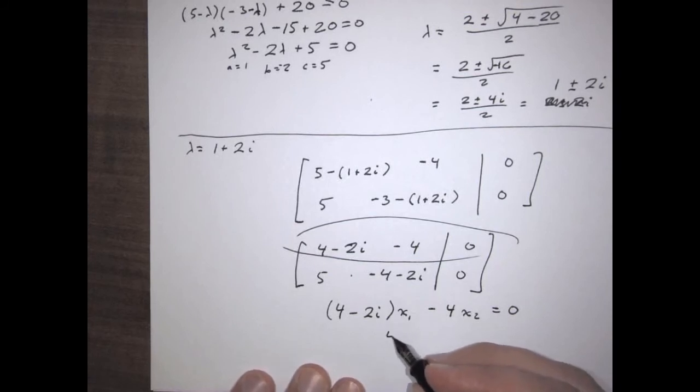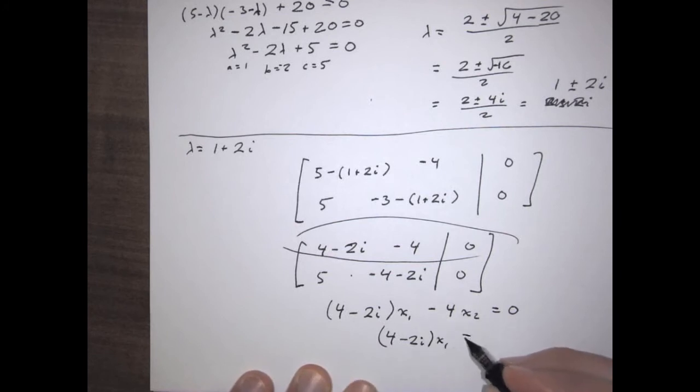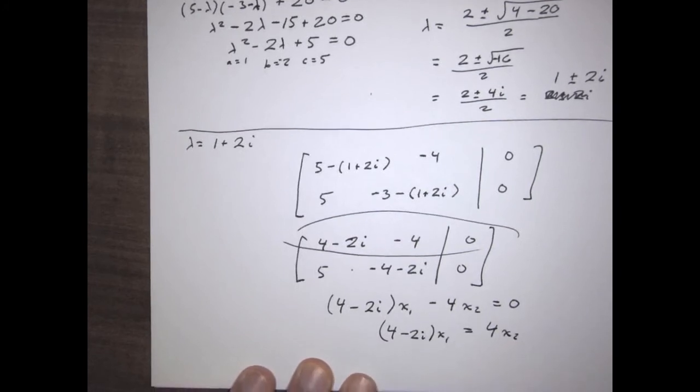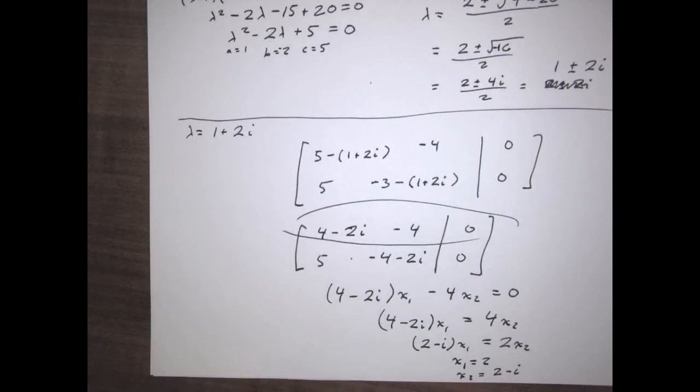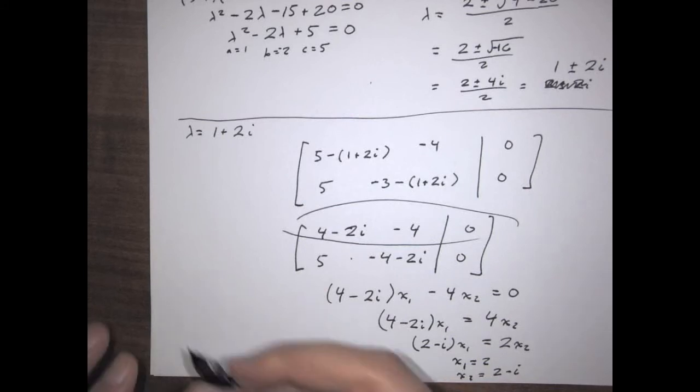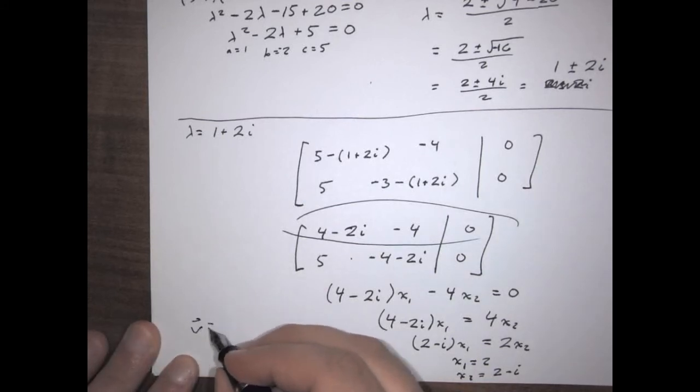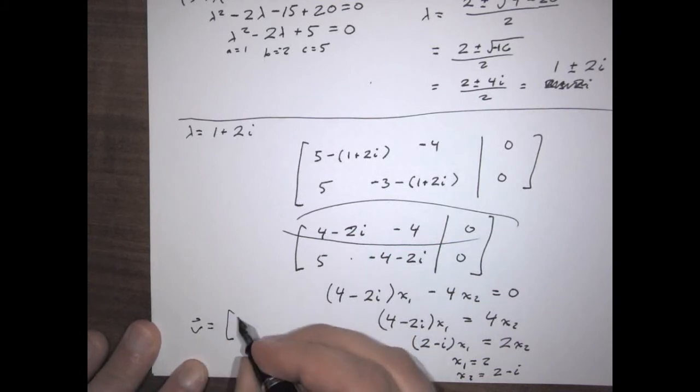So what that means is (4 minus 2i) x1 equals 4 x2. I can divide everything by 2, so it's going to be (2 minus i) x1 equals 2 x2. I can then just switch them around and say x1 equals 2, x2 equals 2 minus i. So then that's going to give me a v of 2 and 2 minus i,